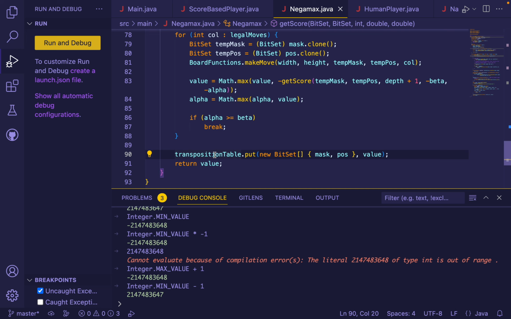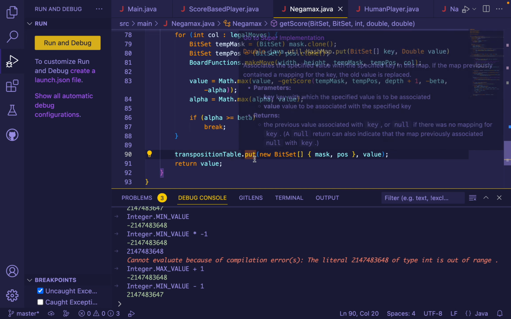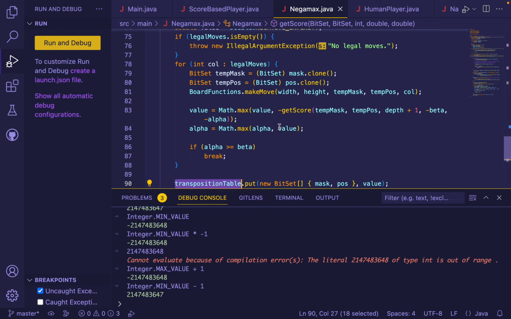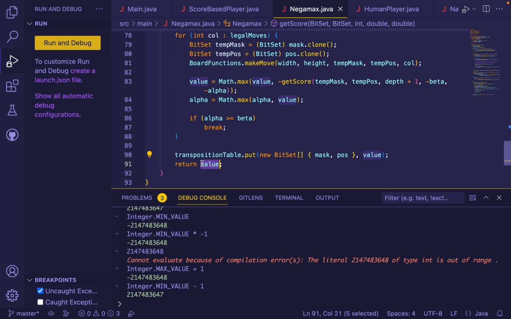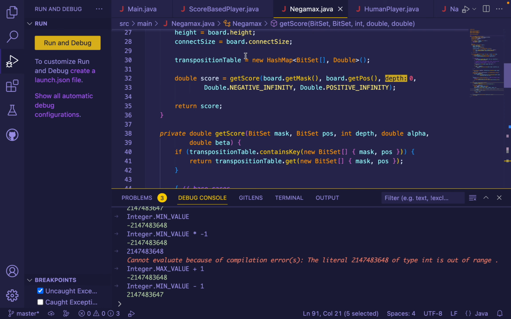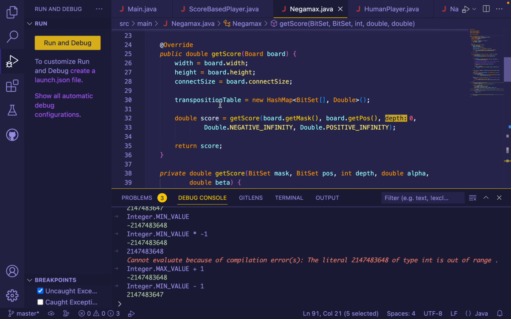And next, we just update the transposition table so that we remember next time we get the same exact board, and then we return the value. And additionally, I reset the transposition table every time we score, and this is good because